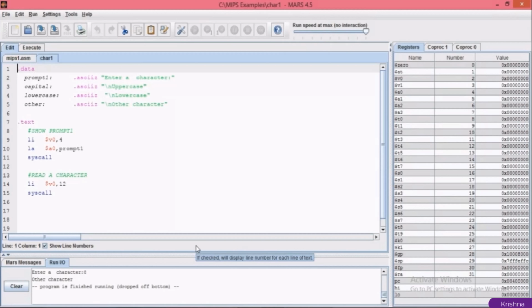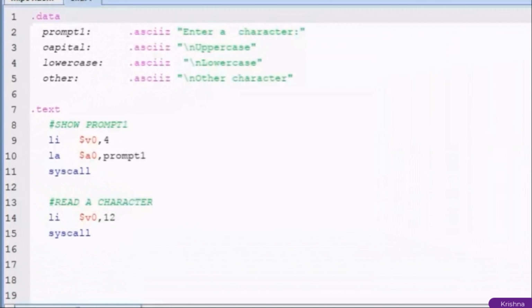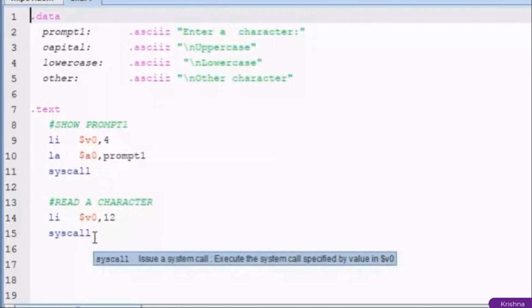In this video, I want to write a program to read a character from the keyboard and then determine whether the input character is uppercase, lowercase, or etc. As you can see, I declare some prompts and messages for the output messages. I insert a \n in the front of each message in order to display it at the beginning of a new line. First I display the enter-character prompt for the user, and then by using system call number 12,